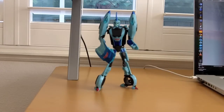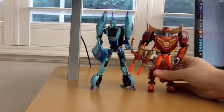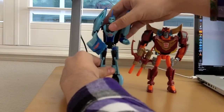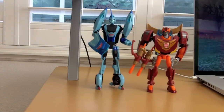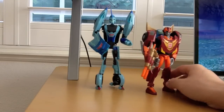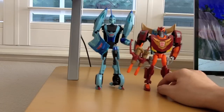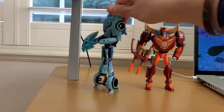So, I have a quick comparison here with Rodimus, and you can tell the scale of Blurr. He's about the same size, maybe a little bit less. If you put him in this pose like that, maybe he's about a smidget smaller than your Voyager class figures. He's a very tall deluxe figure, which I think is sweet because you're getting more bang for your buck that way, I think. Especially for the Takara ones, they weren't very cheap, and so he's a sweet figure. Articulation's all right, but